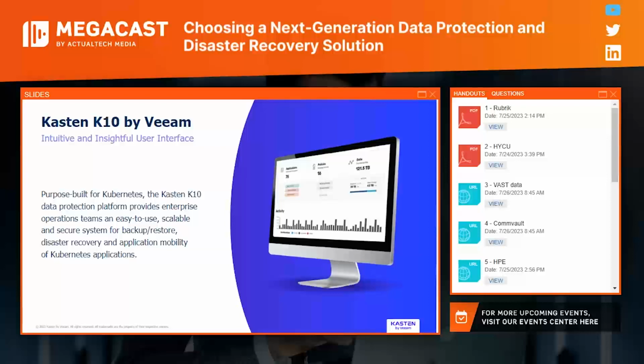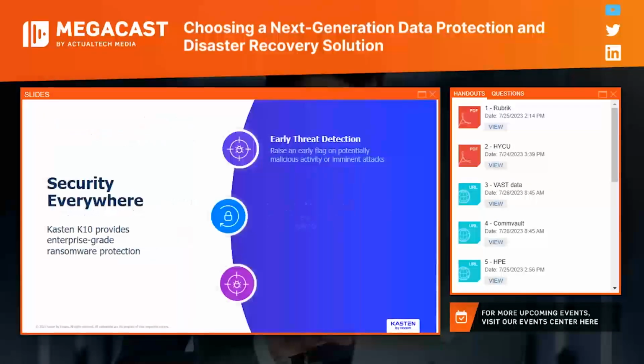So as mentioned before, we are purpose-built for Kubernetes. Kasten K10, obviously, we are scalable, easy to use. We've got a nice, fun interface that makes it easy to monitor and deploy policies. Worth mentioning, too, for traditional infrastructure, because we are a Veeam company now, if you need to back up VMs or physical machines or databases that aren't deployed to Kubernetes, obviously K10 would not be the solution there, but Veeam, as our parent company, has plenty of solutions. So long story short, if you need to back it up, we can help you out.